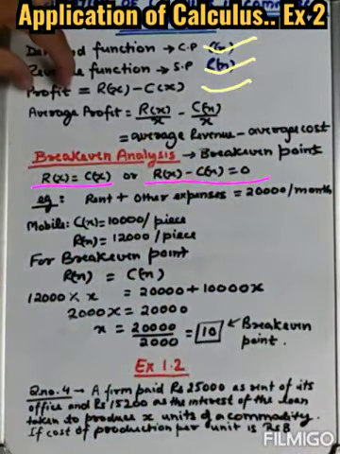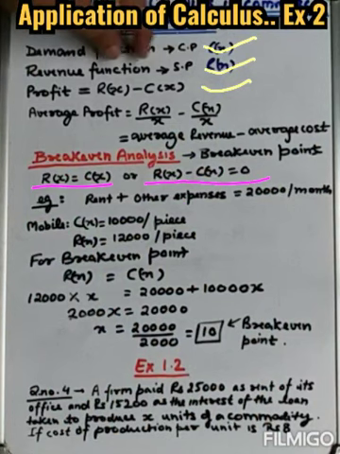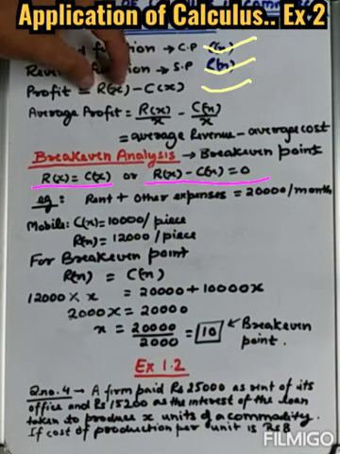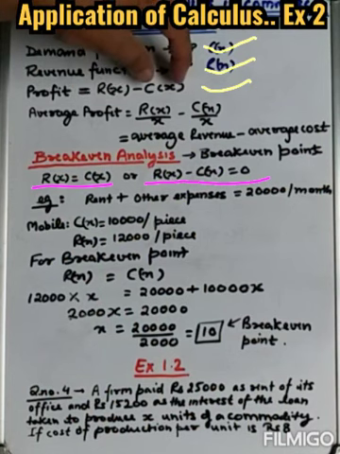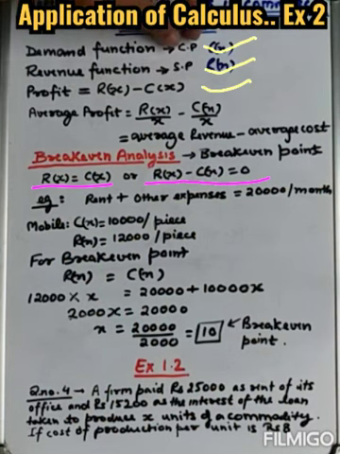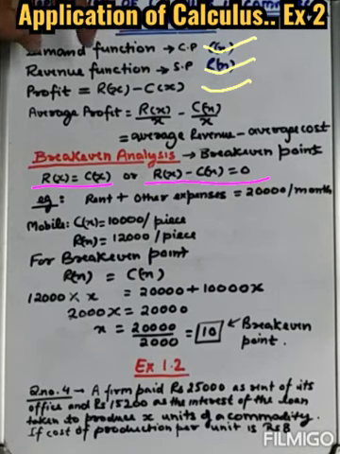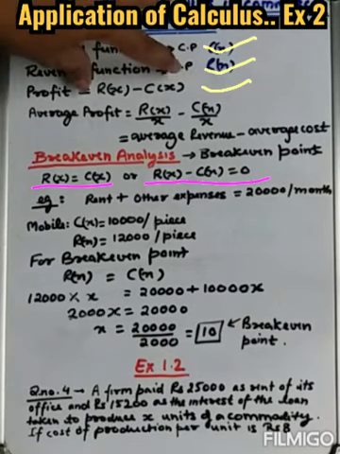So the profit will be taken out as revenue, that is SP, minus cost function, that is CP. Revenue function minus cost function. We will not say cost price or selling price, but this is basically the same value. But in mathematics, here in calculus, we will say demand function and revenue function. So profit we have got.